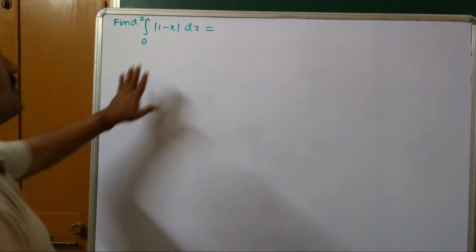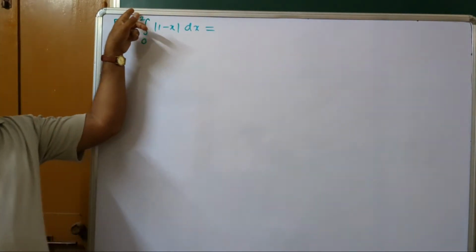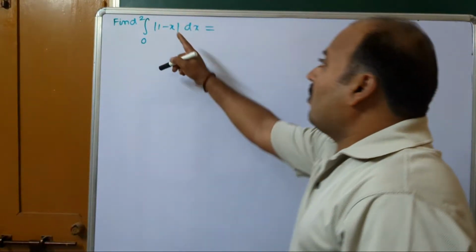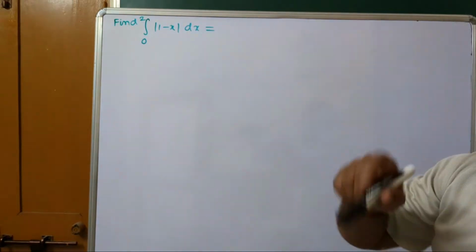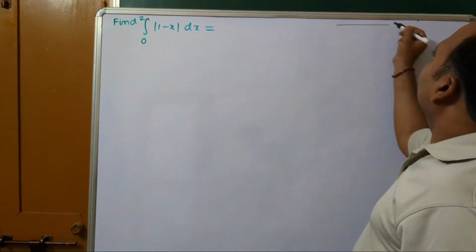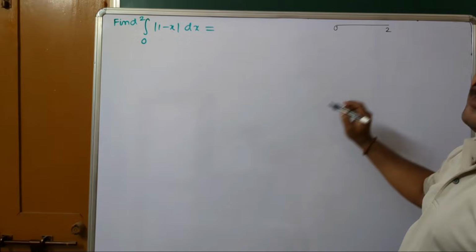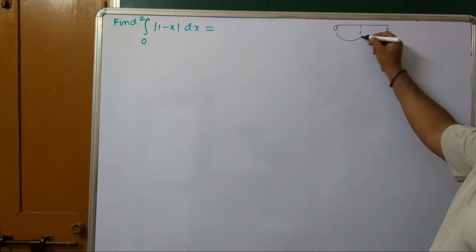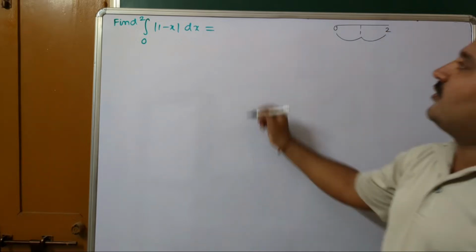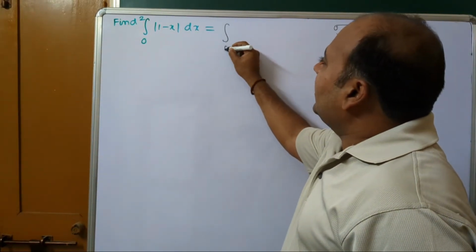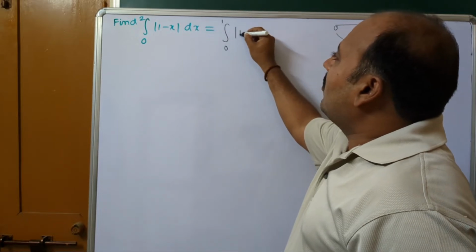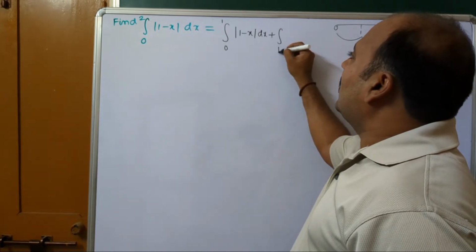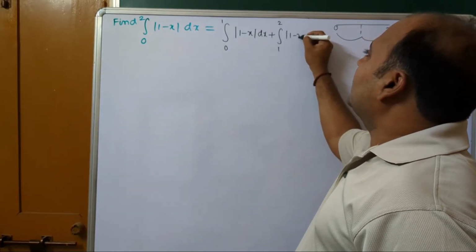Yeah, we'll move to this question. 0 to 2 mod 1 minus x dx integration. Mod in between 0 to 2, 1 is there, no? So first, in between 0 to 2, 1 is there. So 0 to 1, 1 to 2. So first split into two integrals. Integral 0 to 1 mod 1 minus x into dx plus integral 1 to 2 mod 1 minus x into